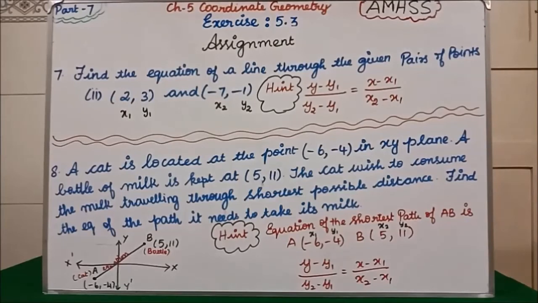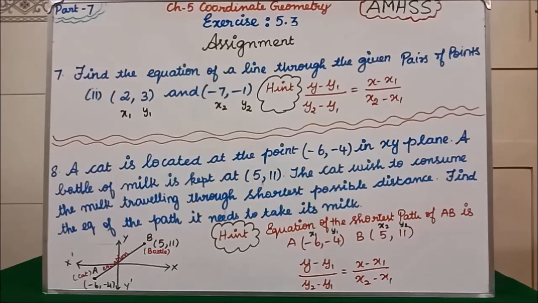Students, this is your part 7 assignment. You are going to do in exercise 5.3. I have left 7th question, second subdivision and 8th question. Isn't it? The 2 questions you are going to do as homework. When you are starting the 7th question, first you go through the first subdivision fully. Then you can start doing this problem, second subdivision.